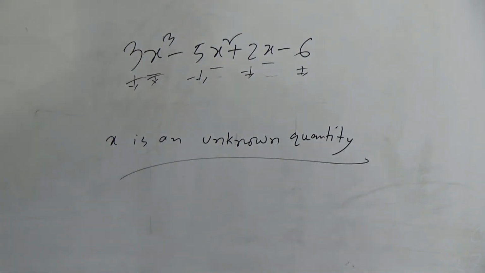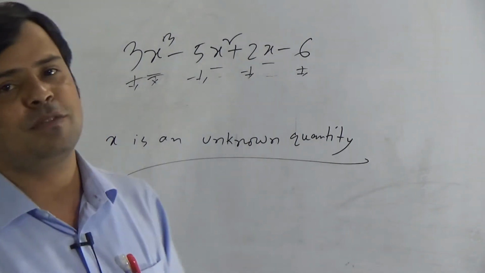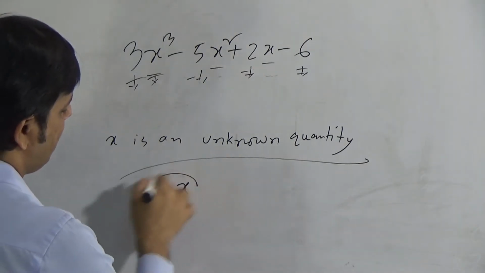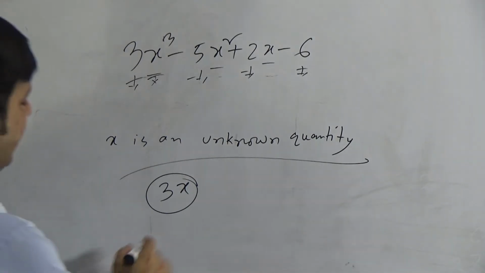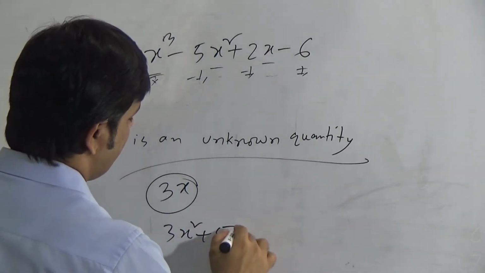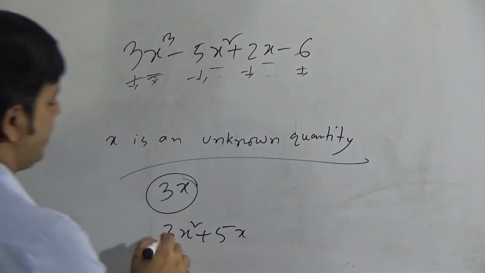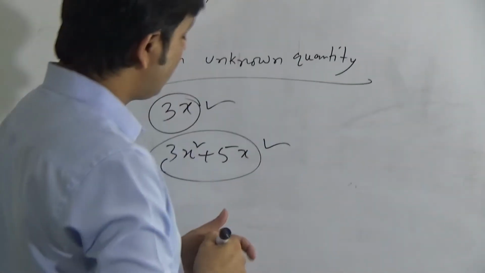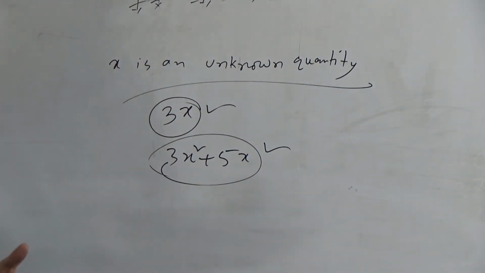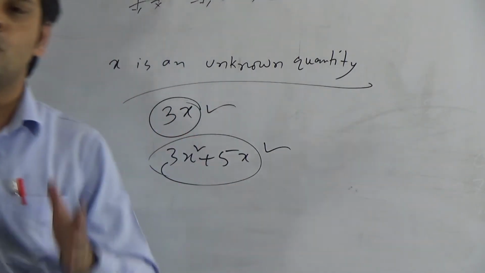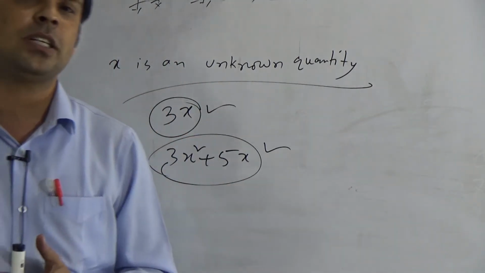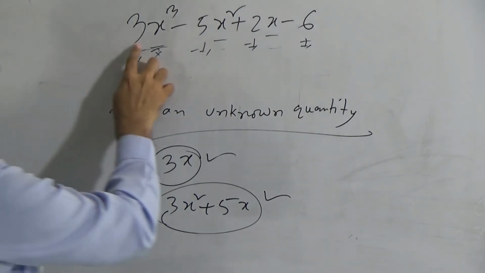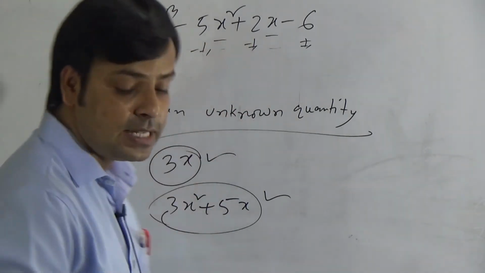And then we will learn polynomial. Dear students, you have seen different types of algebraic expressions. Suppose algebraic expressions containing one term. Suppose if I write only 3x, this algebraic expression contains only one term. If I write 3x square plus 5x, there are two terms here. So if you see any algebraic expression contain one term or two terms or more than two terms, then all these are known as polynomials. It means that algebraic expressions containing one or more terms is known as polynomial. Okay, dear students, so we can say 3x cube plus 5x square plus 2x minus 6 is a polynomial,